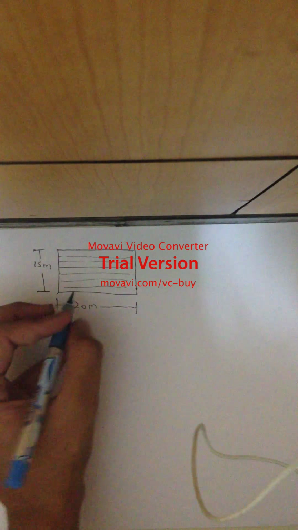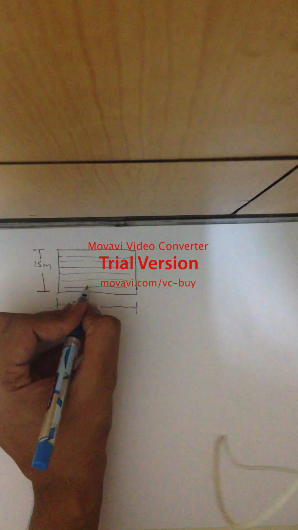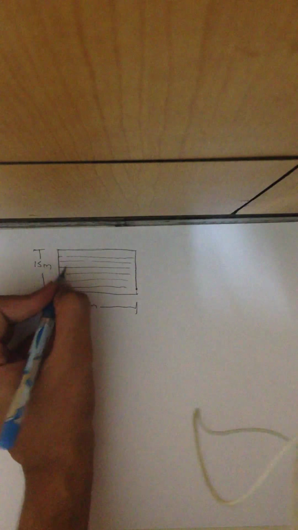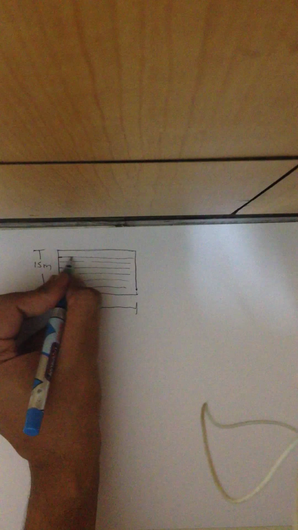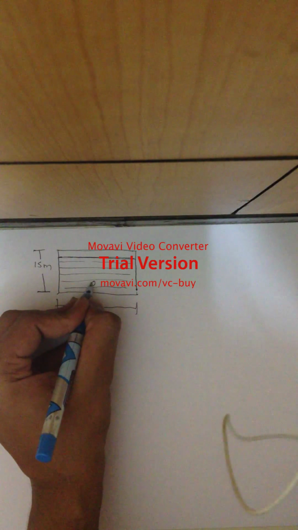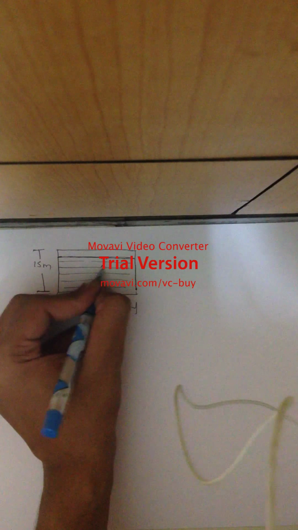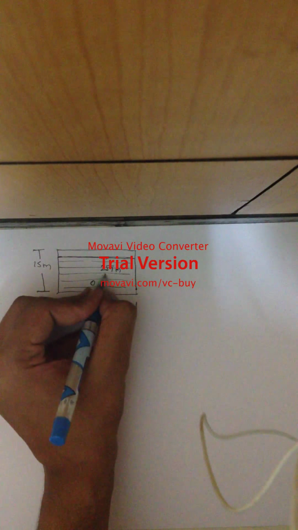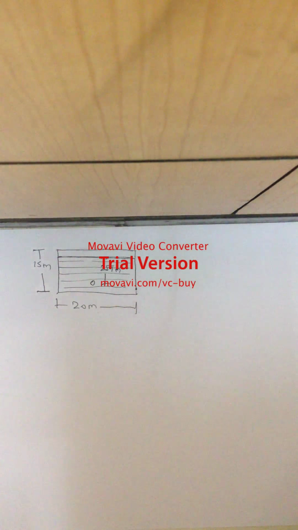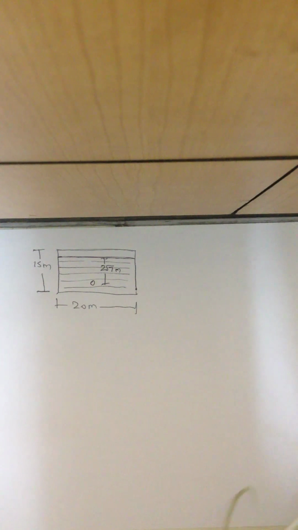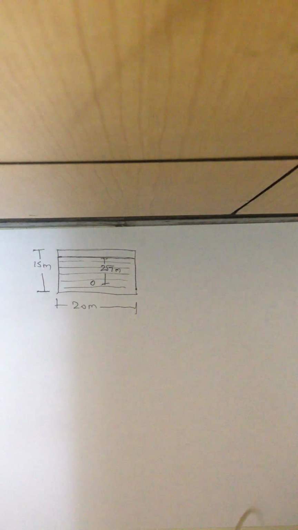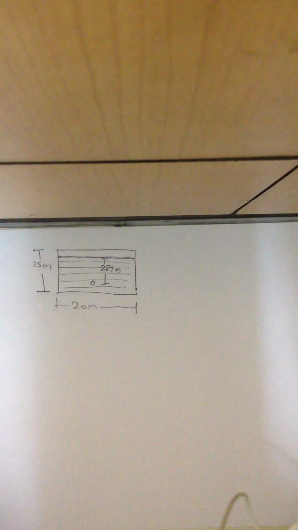There is my water. And now the question says that I have a bulb which is placed 2√7 meters beneath the surface of water. So if I assume this as the surface of water, then my bulb would be placed somewhere here, and this distance would be 2√7 meters from the surface, right? Now the question says that I am supposed to find out the area from which the light rays which are emerging from the bulb could be